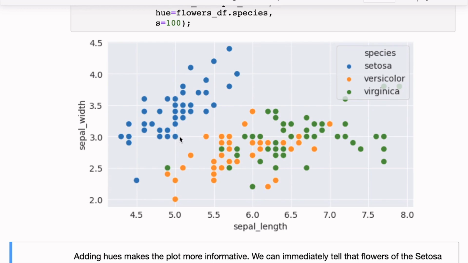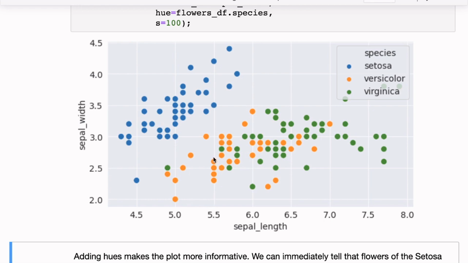And now you can also visually see there does seem to be a relationship here, that in Setosa flowers the sepal length tends to be a little bit low, whereas the sepal width tends to be high compared to other flowers. And there is a general relationship. Probably as the flower grows, both the sepal length and width grow proportionately. So there seems to be a line that you can cut through. Obviously there are more factors involved, so this is not a perfect relationship, but you can see that there's some kind of a rough linear correlation.